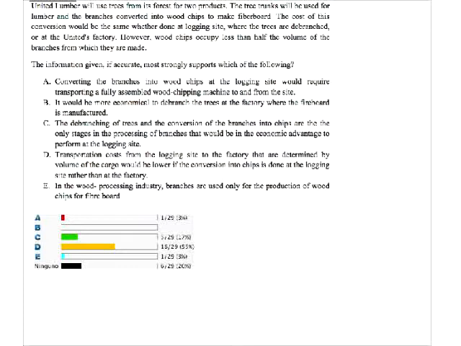So the tree trunks aren't really discussed much here. They do mention that one thing about the tree trunks, but this problem is basically a problem about converting the branches into wood chips. So the scope of the argument is the cost of the conversion is the same, whether they do it at each site, but the wood chips occupy less than half the volume. So what can we prove again? Like, what is in scope